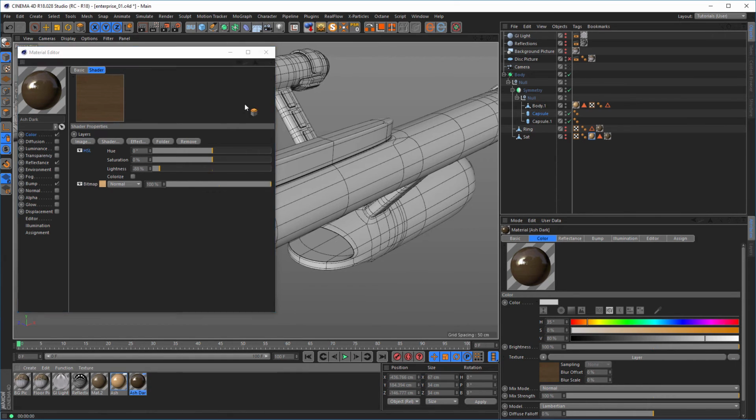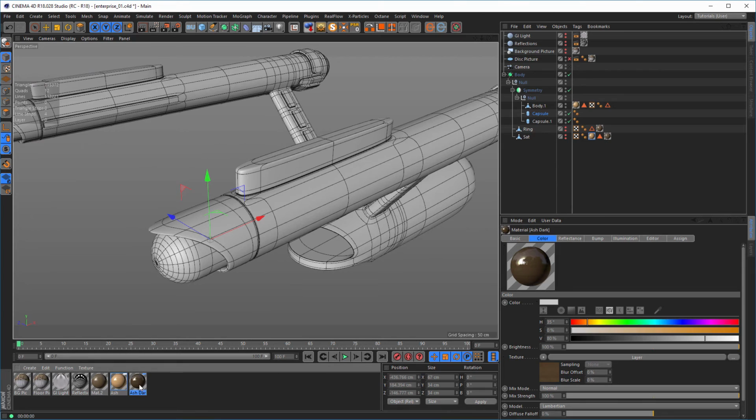Okay, and now I want to exchange this texture with this texture everywhere. It's very easy. I just drag this over this texture and hold the Alt key. You see now it gets a blue rectangle over it, and now it exchanges every texture automatically. Okay,